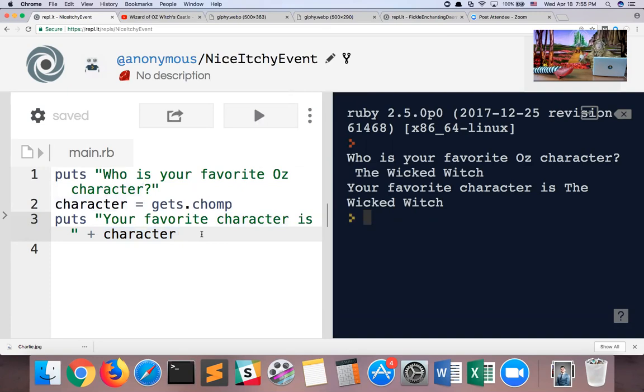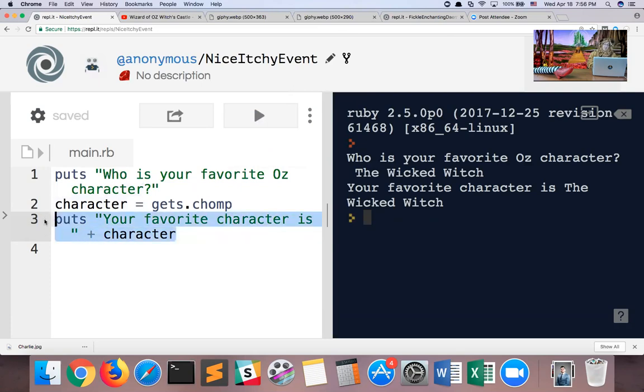Let's move on to another fundamental concept that applies not just to Ruby, but to pretty much every programming language. This concept is called a conditional. And let me explain it.